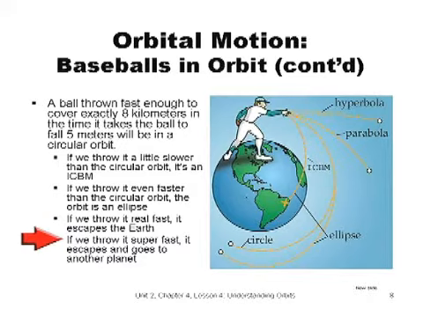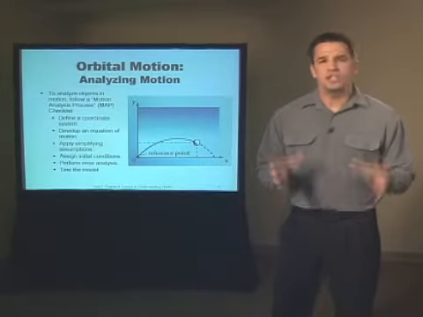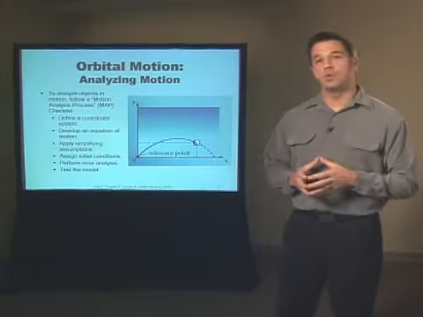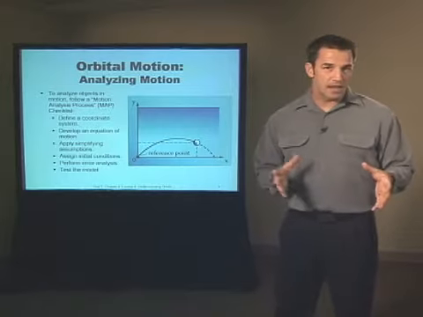And when we throw the ball super fast, it escapes and could go to another planet. So, spacecraft are like baseballs in that if we give them the right velocity, they can remain in orbit, falling around Earth or escape to other planets. Okay, now that you understand how a spacecraft remains in orbit, let's talk about how we can analyze and predict